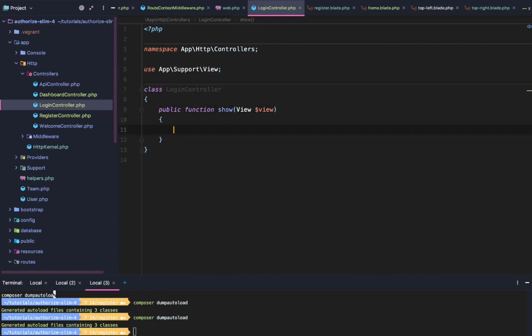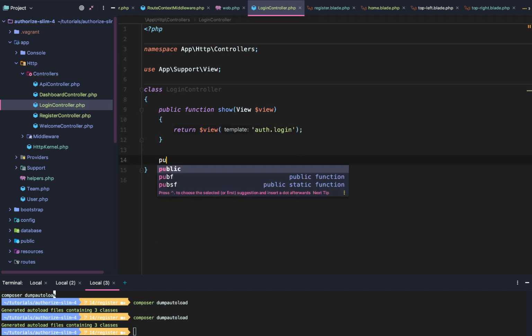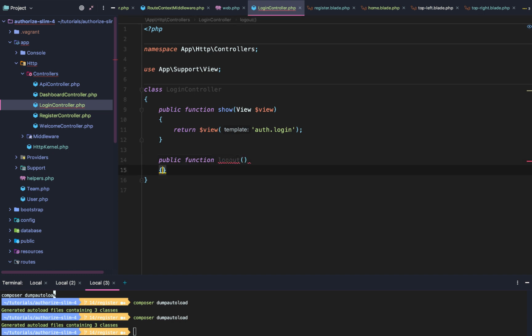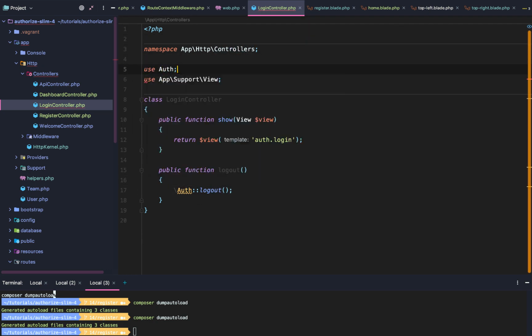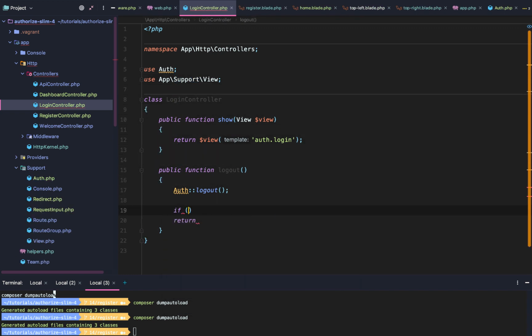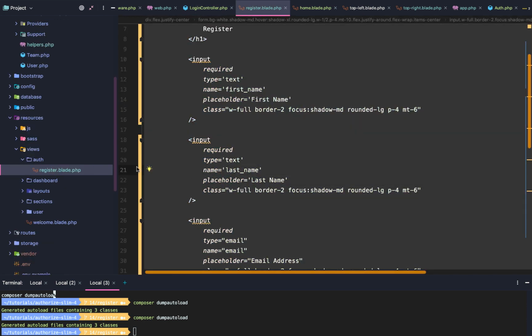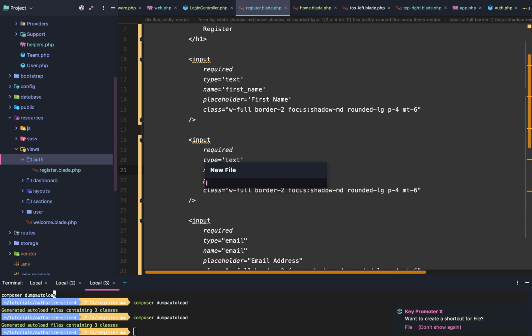This will accept an instance of view and will simply return the view auth.login template. Next, we'll do the public function logout. This will call our auth alias and will log out the user. We'll then use auth at the top. That way we can remove the ugly backslash. Next, we'll confirm that we do have a guest, that we no longer have an authenticated user. We'll say if auth guest, return redirect to the login page. Once we have those login and logout actions set up, we need to create a new resources views